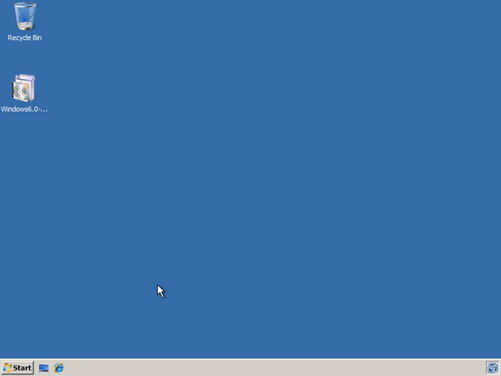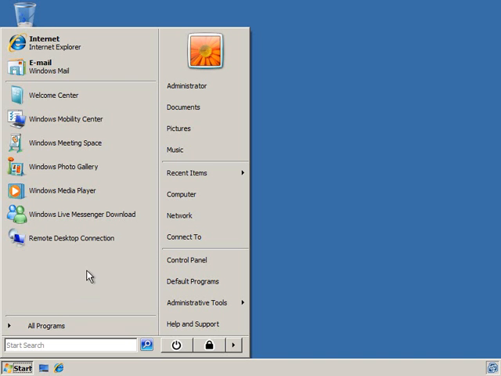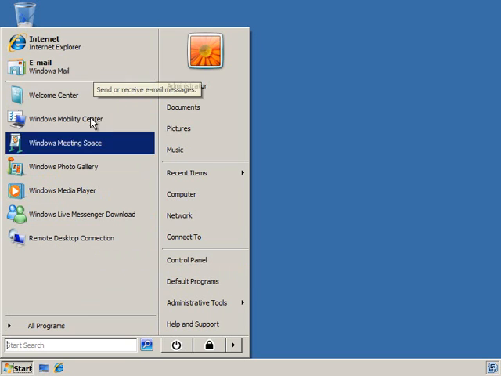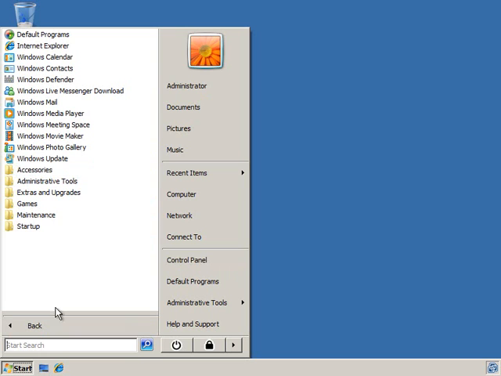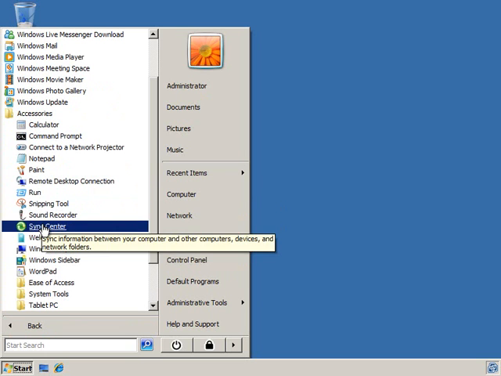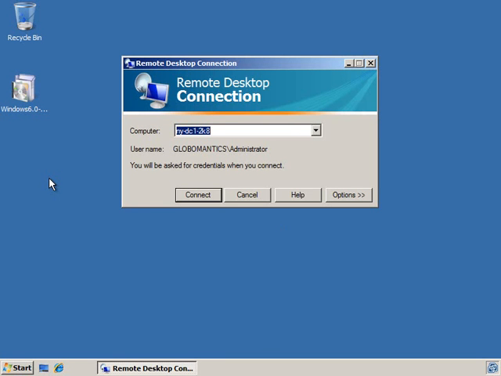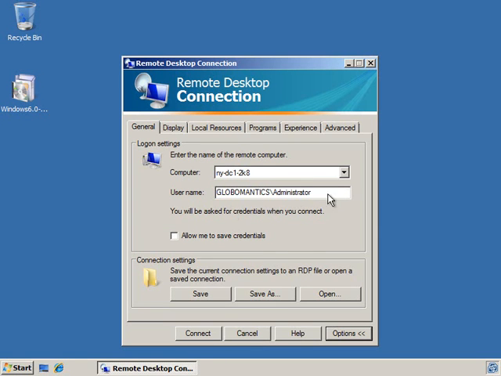Now, the next thing I want to show you about remote desktop connections is, first of all, it may not always be right here on your start menu. You could pin it up top here, but otherwise you have to click to all programs and then go to accessories and then go to remote desktop connection. And that's not a whole lot of fun. So another thing that we can do, and I'm going to go back into it, is I'm going to click on options. And in here we can go ahead and enter the computer name, and we can put in a username,